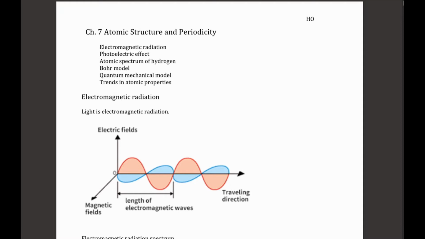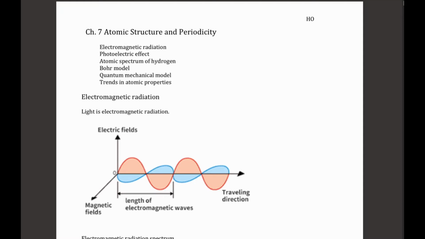And so it's an oscillating electric field moving up and down, actually simultaneously with an oscillating magnetic field moving up and down, actually left and right, perpendicular to the electric field, and it travels. So that picture there is trying to show this. Notice that the red, the electric field wave, moves up, moves down, up, down,